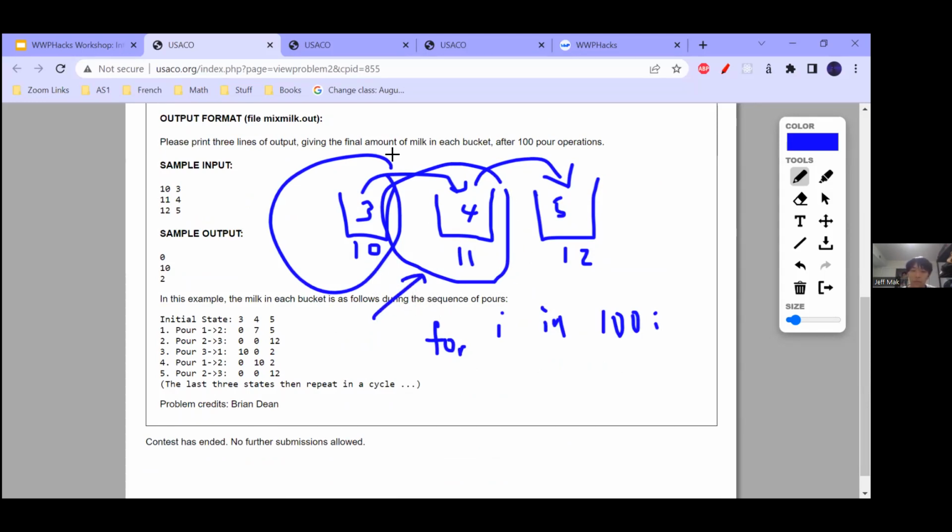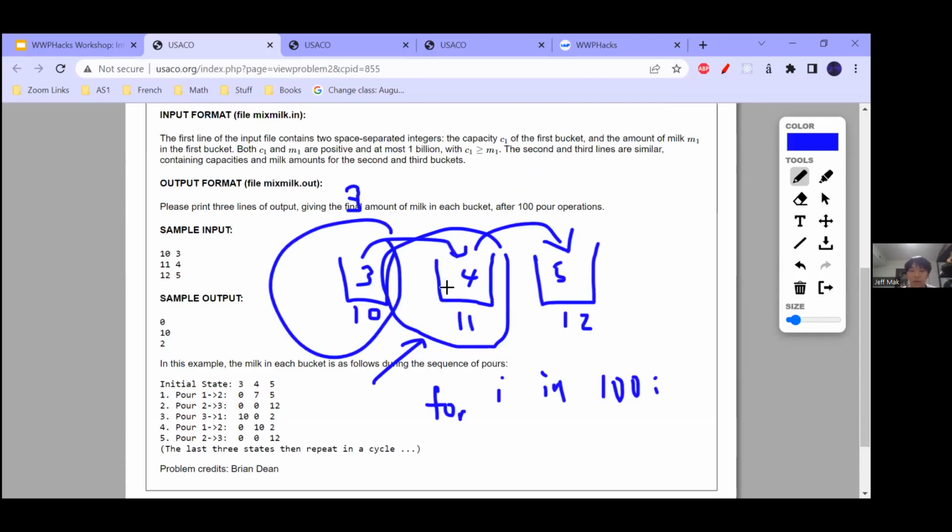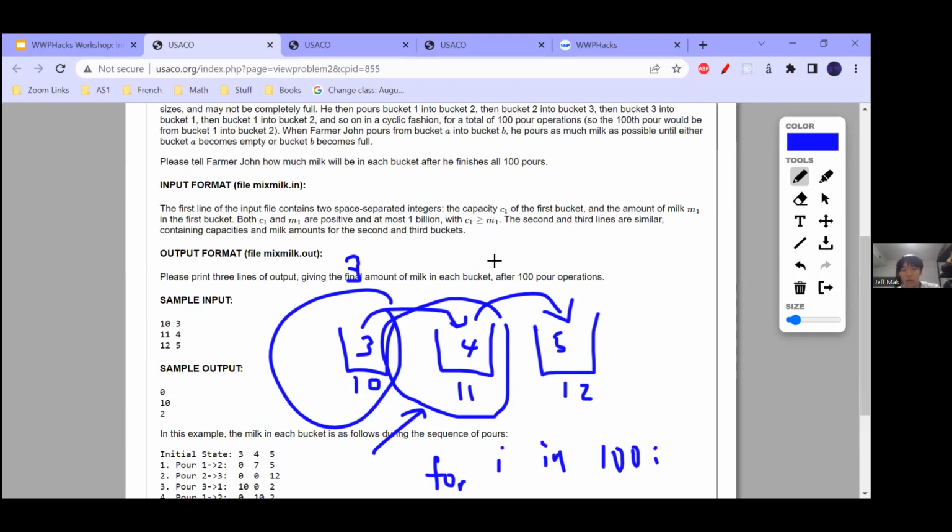So there's 3 milk here, and here it'll be the capacity minus however much is in there. So it's C minus 4, which is 7, and 3 will go in here. So this would be 0 now, and this would be 7.